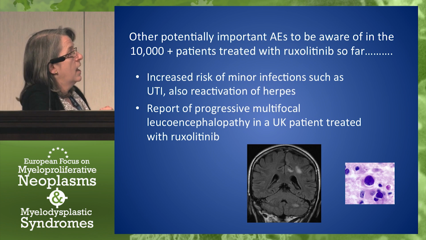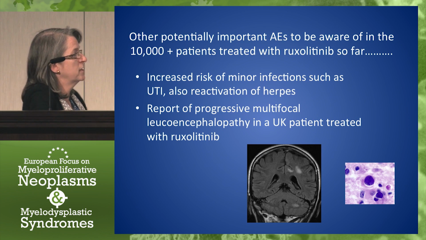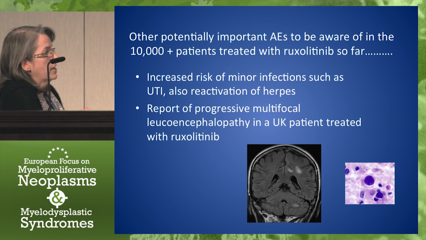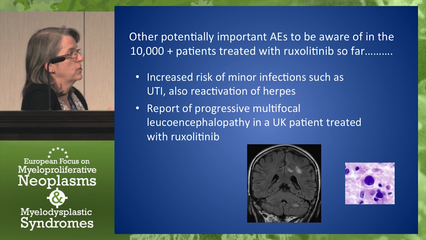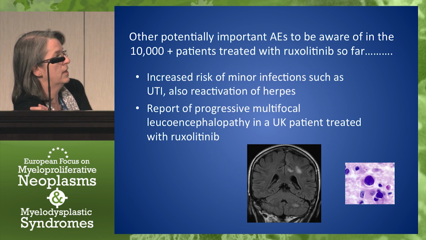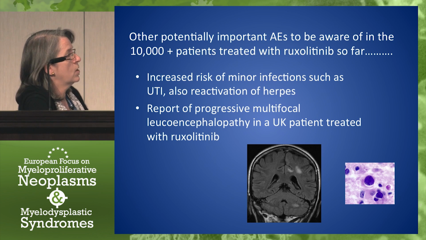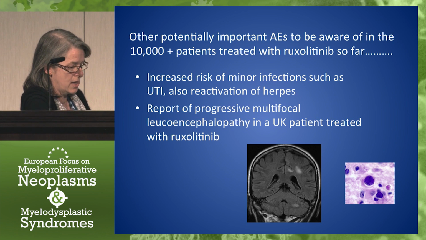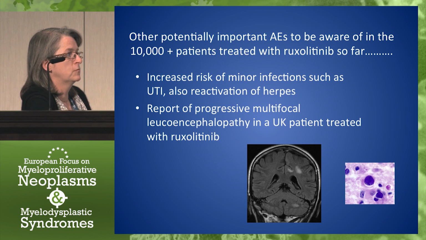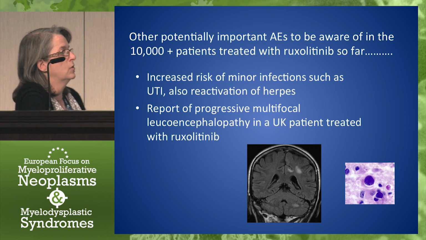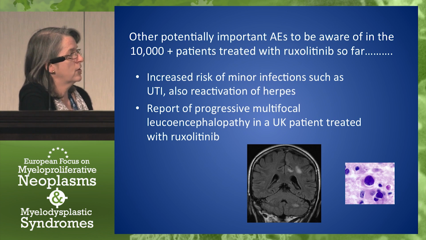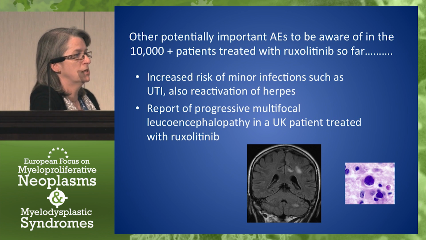There's certainly an increase of minor infections across the patients treated with ruxolitinib: urinary tract infections and reactivation of herpes. And I would say from a clinical practice point of view, it's reactivation of herpes zoster that we are seeing. There was this one case in the UK of a patient who developed progressive multifocal leukoencephalopathy within a few weeks of starting ruxolitinib. And I certainly have heard extensive details of this patient, and it is really quite alarming,